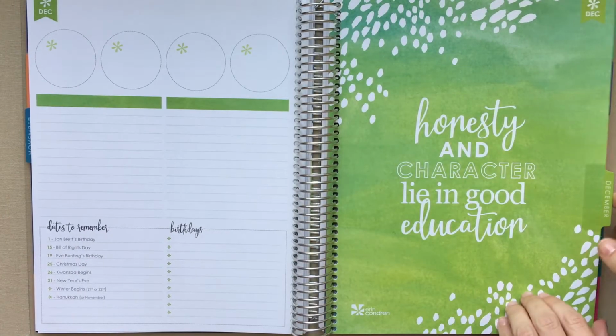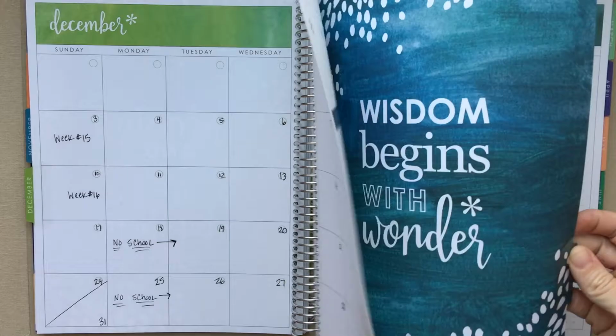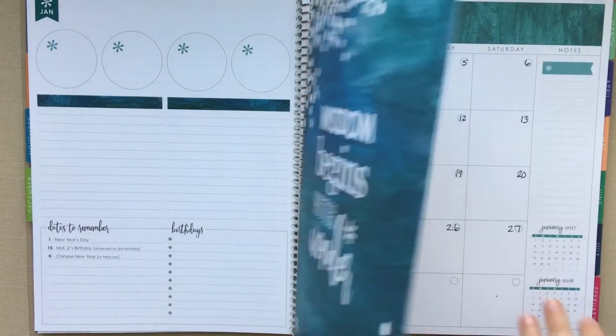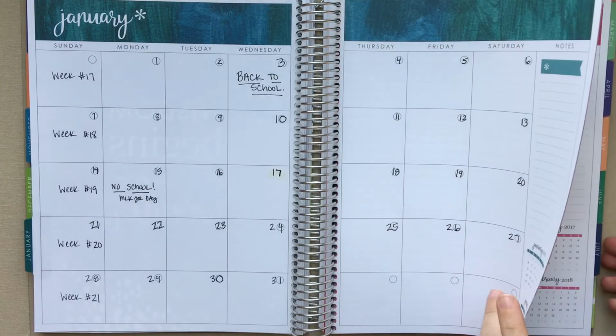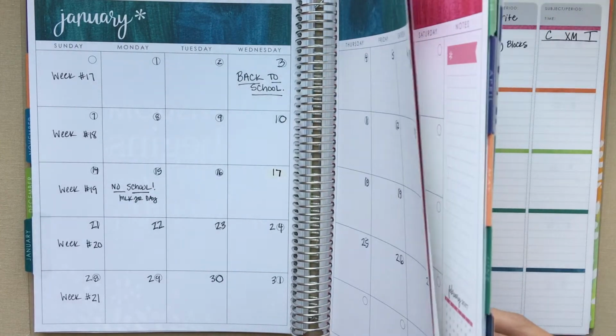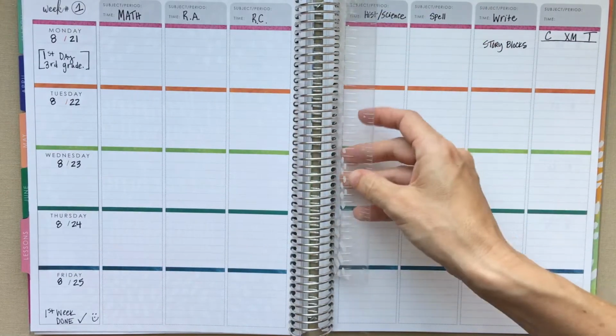So the next month, same colors in the life planner. So you get the point of the month flow. I don't think we need to go through all the months. Let's skip here and go into where I put the ruler so I can turn really quick to the week